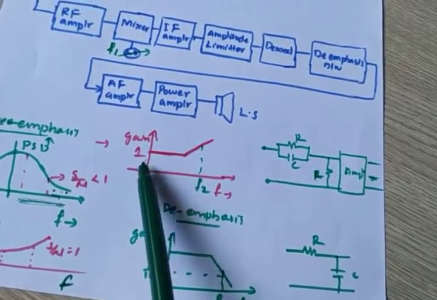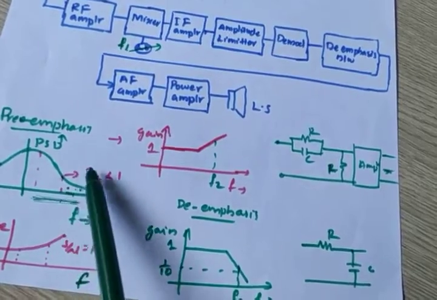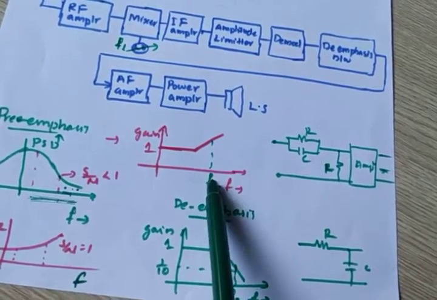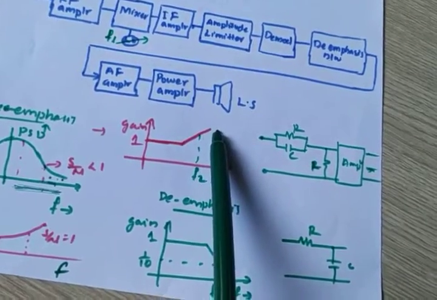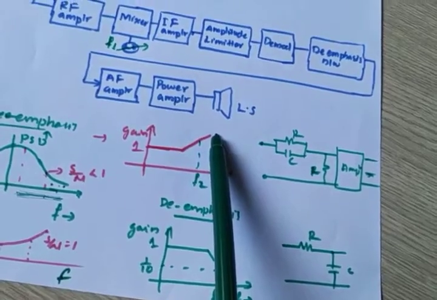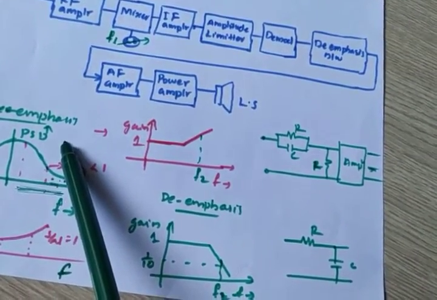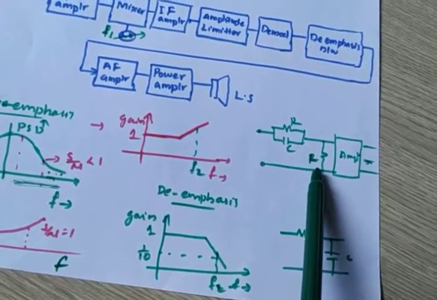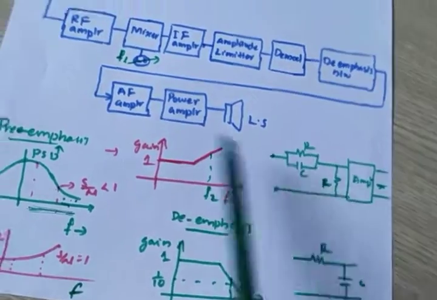This is the characteristics of pre-emphasis. For example, at F2 the gain or signal power is very, very less. So what I am doing is at F2 I am intentionally giving a very high gain to the system. Till F2 no problem. From F2 I am giving a very high gain, so that the frequencies in this region automatically get amplified with this circuit. So that is pre-emphasis, which we use in the transmitter.